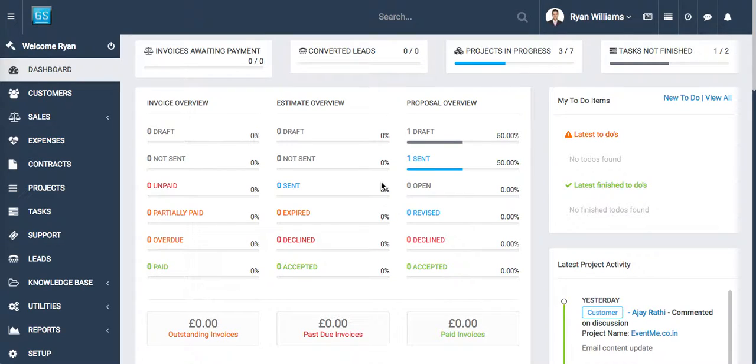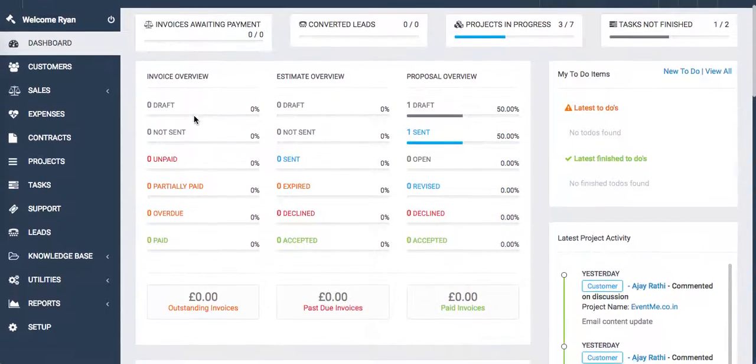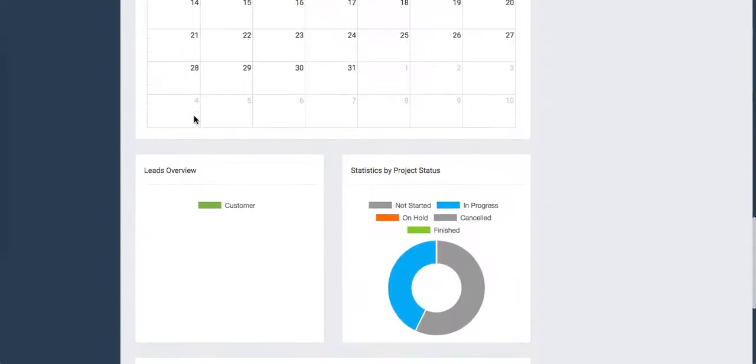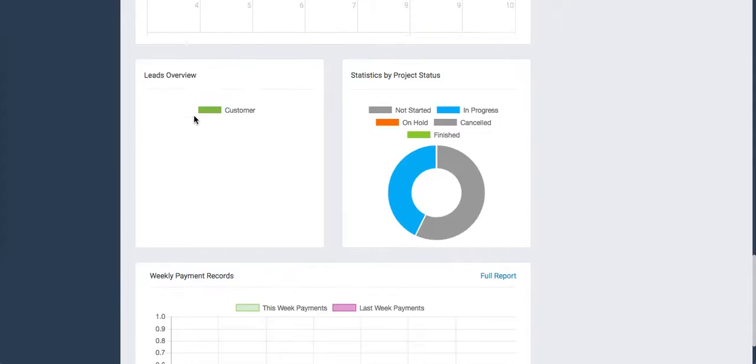Everyone. This is the demo for the CRM and project management system that we have created. So you are right now logged into an administrator panel. You can see on your dashboard how many invoices are waiting, converted leads, projects in progress, tasks not finished, all the statistics right in front of you just here. So you actually don't have to go anywhere to look into the piece of information you need